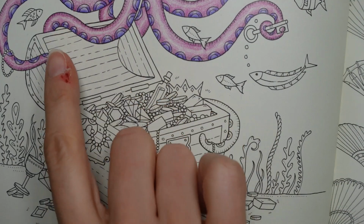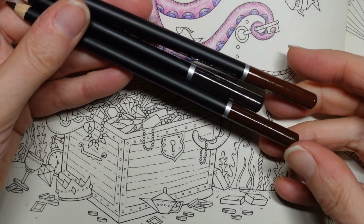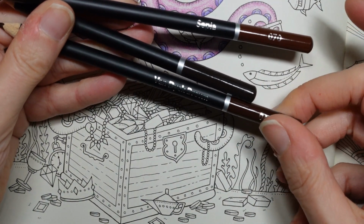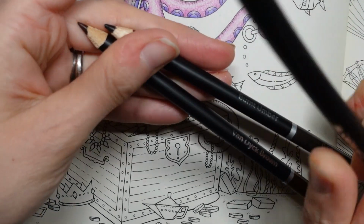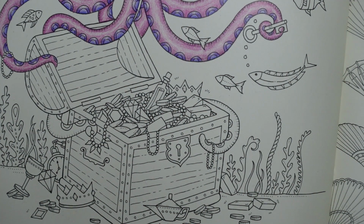This main part I think should be wood. Now what I'm going to do is start with a lighter colour and then build up the colour a little bit to a darker wood. Now in my castle set I actually only have 3 browns. I have a, oops, just dropping one on the floor, sorry. I have a Davy's grey, which is quite a browny grey, but I don't want to go that light. So I have the sepia and the Van Dyck brown and the burnt umber. I'm not going to use sepia, it's quite red. I'm going to mainly use these two, but what I might do is brighten some areas with a